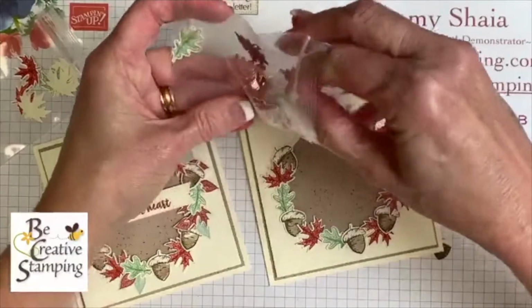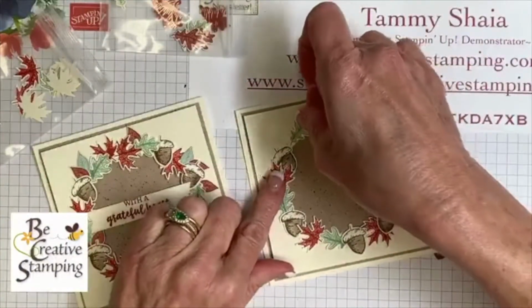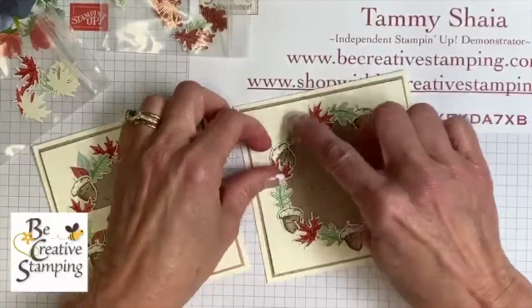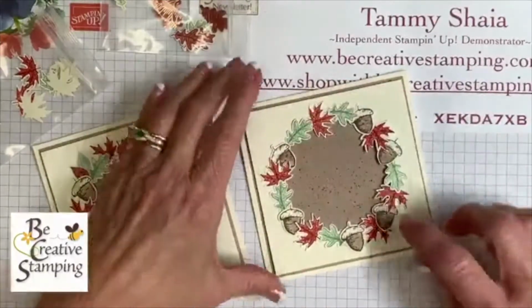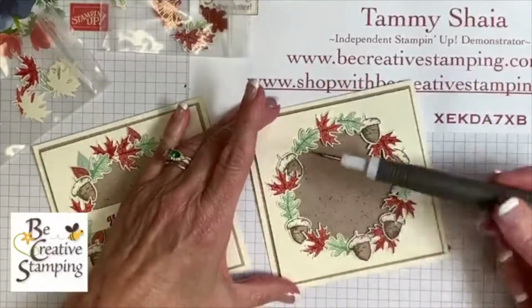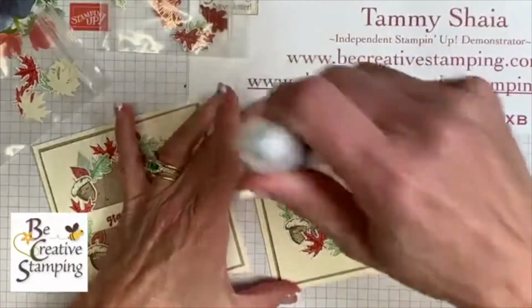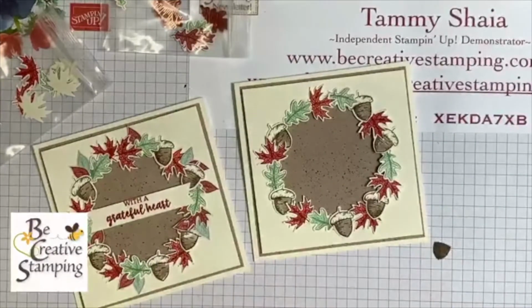And then I'll give you an idea about how many I used. We will count them. Now this card came from the mini catalog. I'm just making sure nothing's glued under here. So this was a sample from the mini, okay? Now let me show you